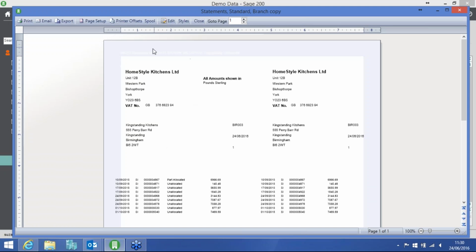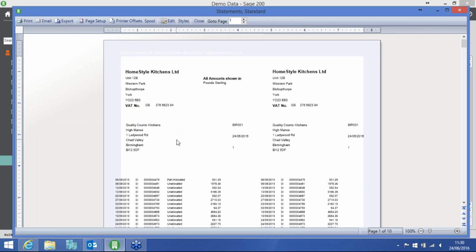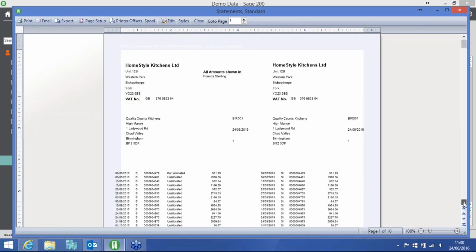Let's go back to Sage 200. So this is our branch copy of the statement that are going out. So King's Standing Kitchens, hopefully you can remember we had ticked the option to say that this customer wants to get a copy of their statement. So this statement is going to go to that branch in a paper format. We've also got our standard statement layout, and here we have Quality Count Kitchens that are getting their statement. And if I just scroll down a little bit,